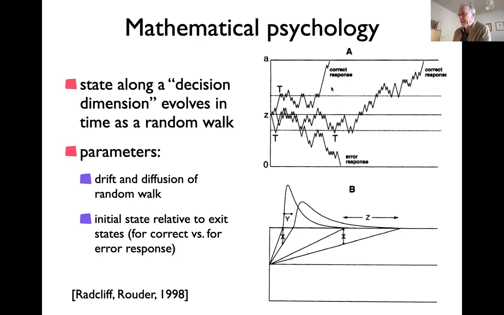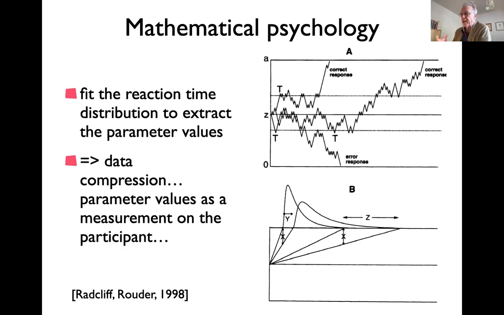Have a very dense data set that reflects the probability of a certain reaction time, the time you need to make the decision for the correct choices, and then the same for the incorrect choices. And you can try to determine these parameters to fit these distributions, which turns out to be quite possible and quite precise. And then you have this data compression, right? You can characterize a decision task in terms of these parameters. That's pretty much what it does. I don't think it does more than that.